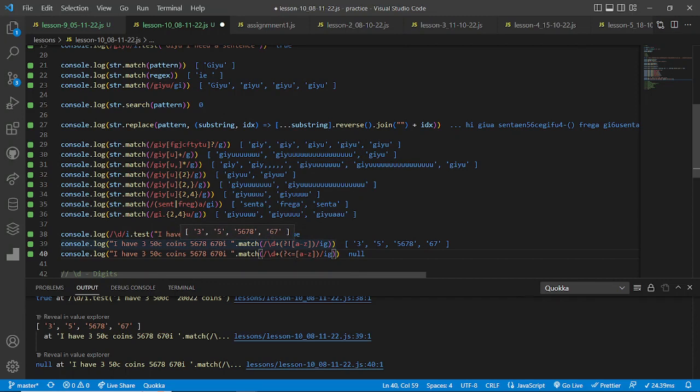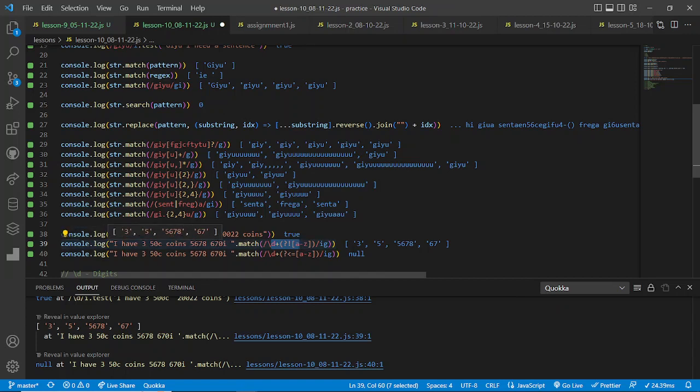This is negative look ahead. We're trying to find digits that are one or more digits that are not followed by A to Z. Or at least I was expecting to see 3 and 5678, but we're also seeing 5